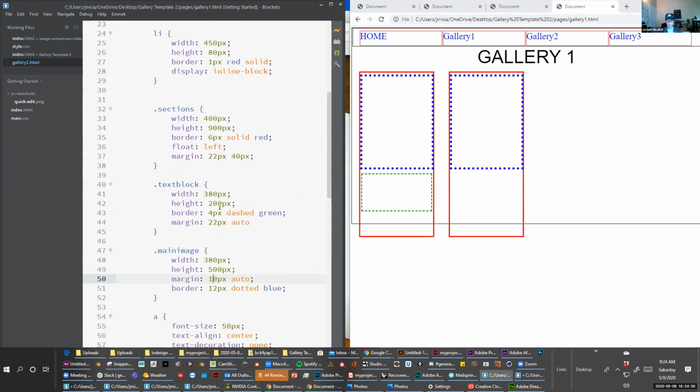Right. And then I'll just decrease the height of that section as well, because this box that surrounds everything is like the main wrapper for the whole gallery. So I'll go into sections up here. Instead of 900, I'll make it 750. Maybe a little bit more. 780. So that works. So now all I have to do is repeat the first text box 3 more times,